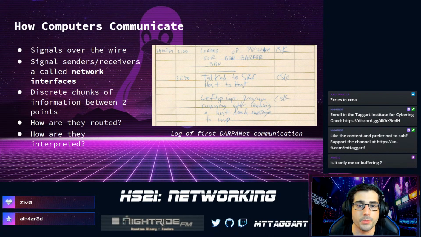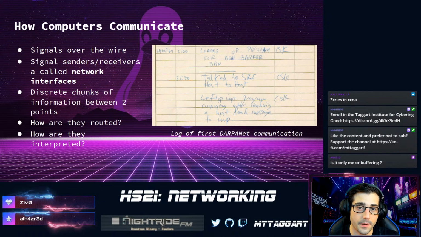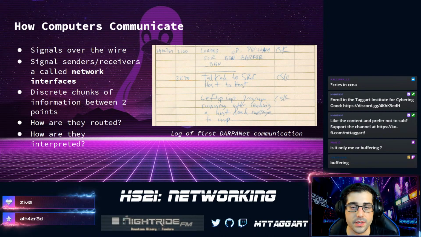An important term that you're going to hear a lot tonight and throughout networking is the network interface. Signal senders and receivers are called network interfaces. And so I want you to think about that idea of a network interface as anything that connects you to a network, whether it is the Ethernet cable that you plug in, or whether it is the